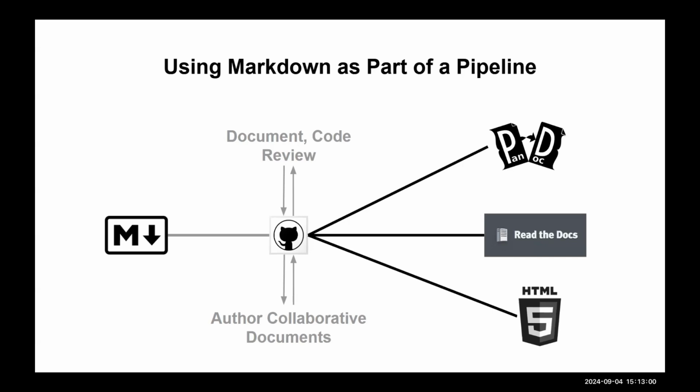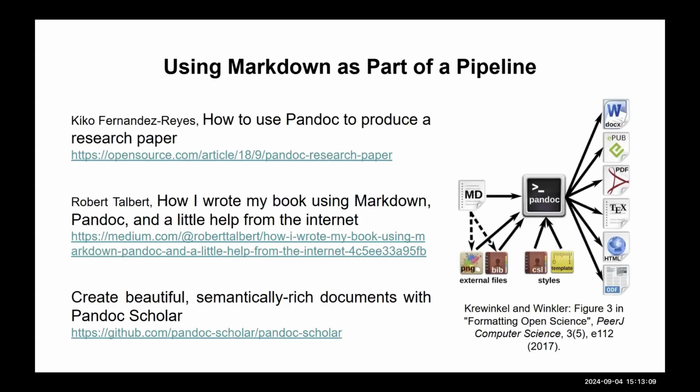So, you think about using something like Markdown, you also want to see what kind of downstream tools are that document. And so, using this as part of a pipeline, people have used Markdown to write research papers where you have a lot of moving parts, you have images and text and other types of notes that you need to manage, reference managers, things like that. And so you can integrate those, as you see on the right there.